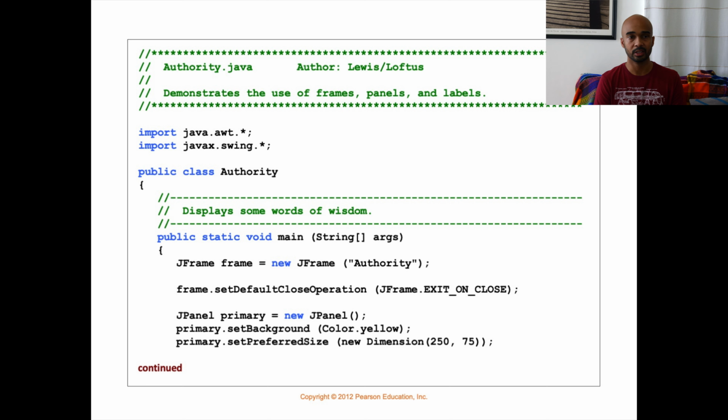And in this area, you'll notice that we have a JFrame, and we give it the name authority. Now, JFrames usually take into their constructor the title of that frame, or what we call the title bar text. So in this case, it will be authority. Right? So the next thing that we want to do is set the default close operation, and this is extremely